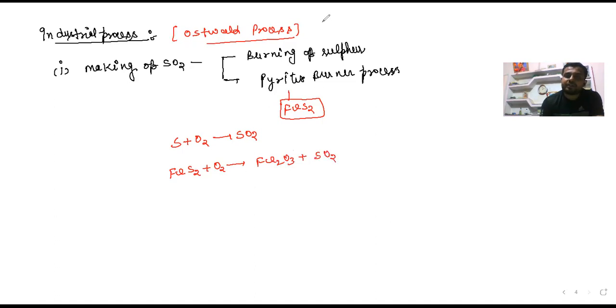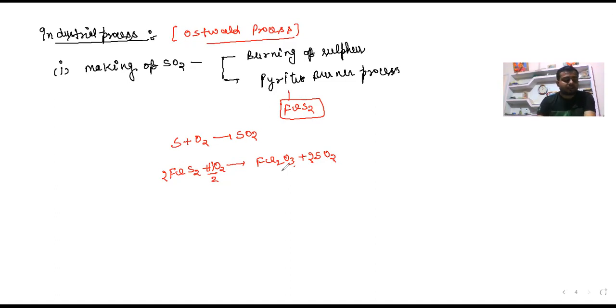If you want to balance this equation, that's 11 by 2 O2. So it will be 2SO2, and now 3, and this is your 4. So total 9 oxygen we have. Okay, so finally we can balance it like this. So totally that means 3 and 4 and 3, 7. Basically we can balance it. So this is your pyrite burner process.